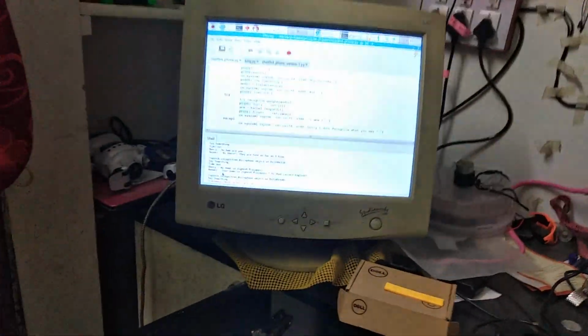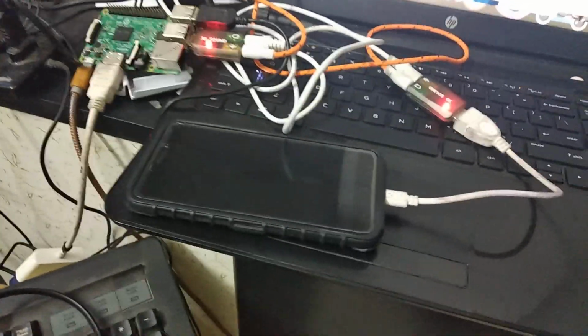Okay, so we can make automated generated responses using Raspberry Pi and phone also. Instead of phone, we can use